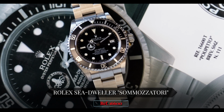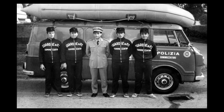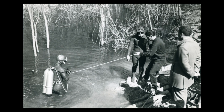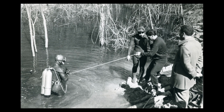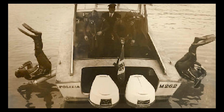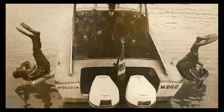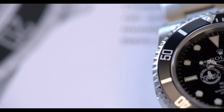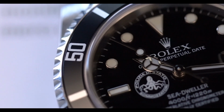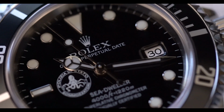The Sommozzatori Sea-Dwellers were used to commemorate the 50th anniversary of the Sommozzatori, which is basically the Italian police diving unit. What's interesting is the watch bears an octopus on the dial at the 9 o'clock position, which is the logo of the Italian Sommozzatori. The watch is a collaboration between Rolex and the police of Italy,